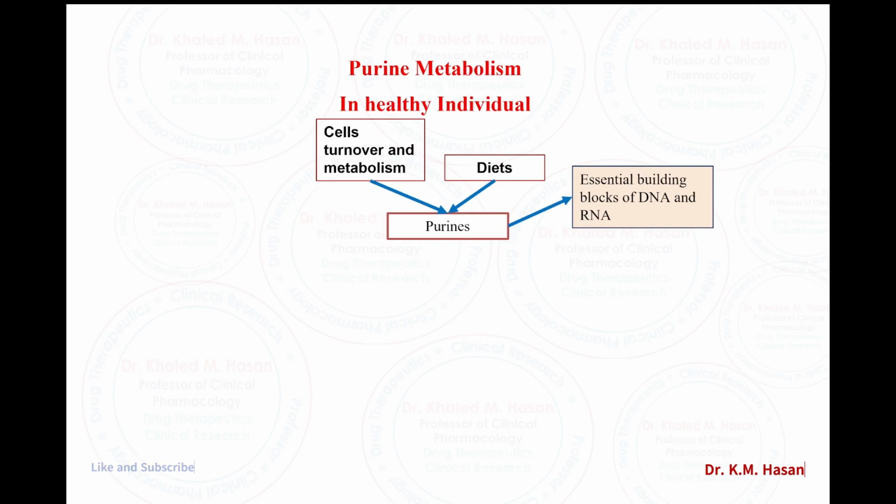So we need purine for that. However, purine follows a metabolism pathway called the xanthine oxidase pathway. The enzyme turns purine to hypoxanthine and hypoxanthine to xanthine, and under the effect of xanthine oxidase, activates the conversion of